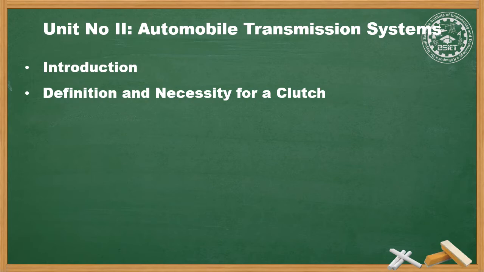When the clutch is engaged, the power or torque transmits from the engine to the driving wheels through the transmission system and the vehicle moves. And when the clutch is disengaged, the power is not transmitted to the driving wheel and the vehicle stops while